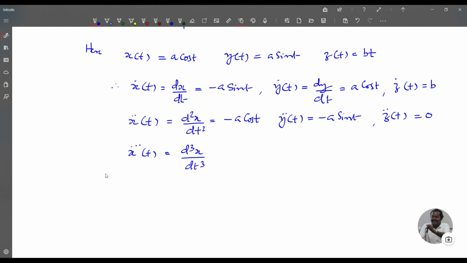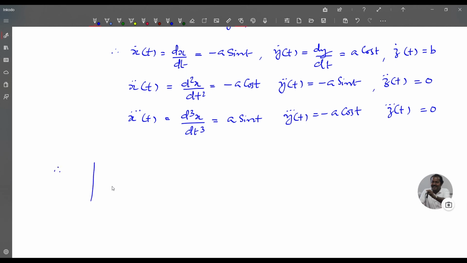So that is the derivative of this one. So this is a sin t, and y triple dot of t is minus a cos t, and z triple dot of t is 0. Therefore,